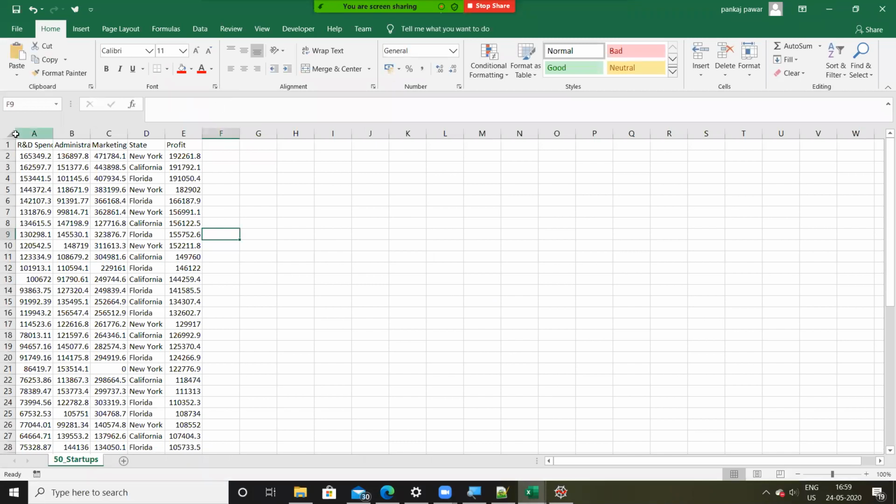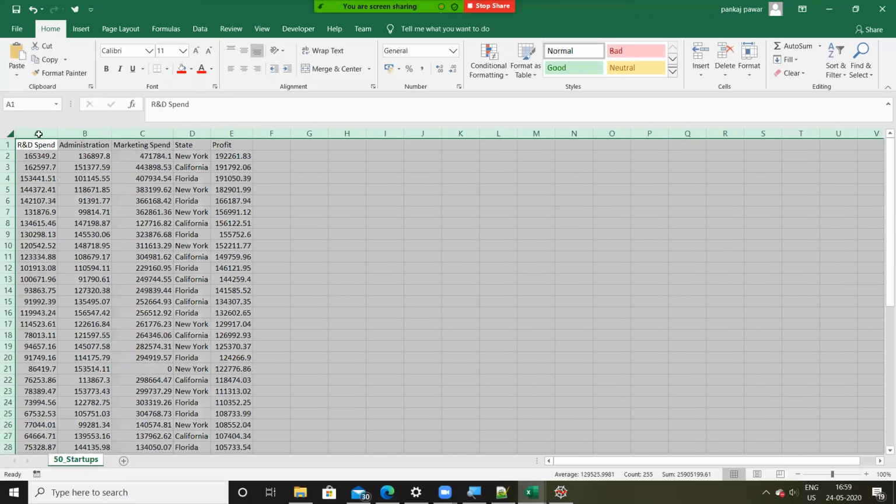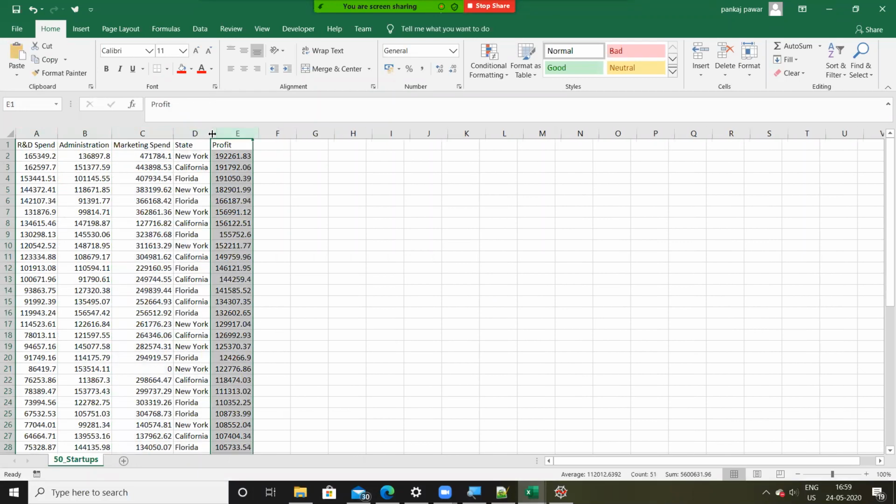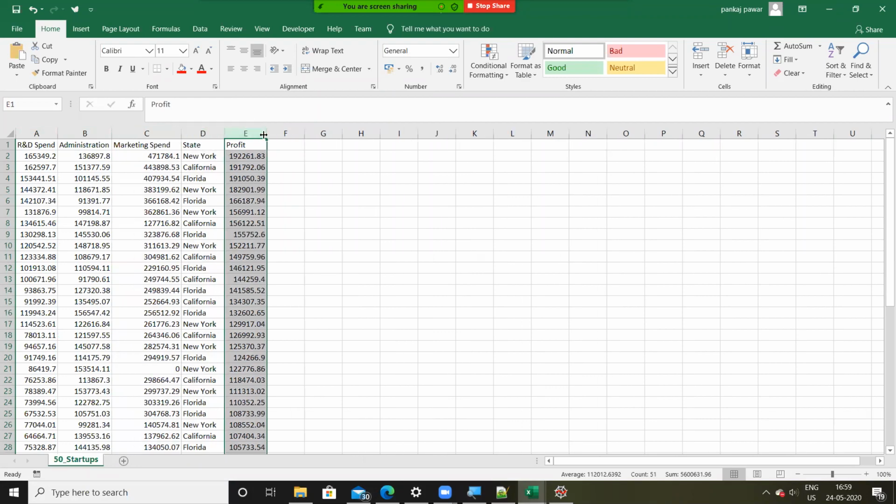Here you can see there are multiple inputs: research and development, administration, marketing spend, state, and profit. I want you to perform a simple linear regression between R&D and profit. Then perform a simple linear regression between administration and profit, and then between marketing spend and profit.